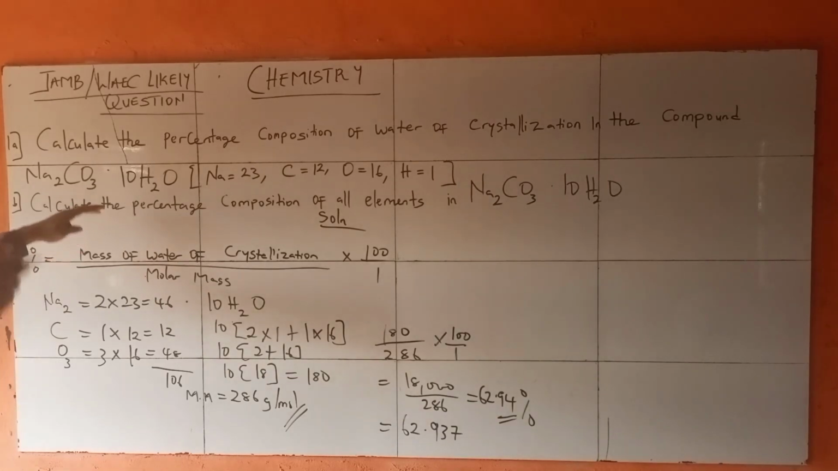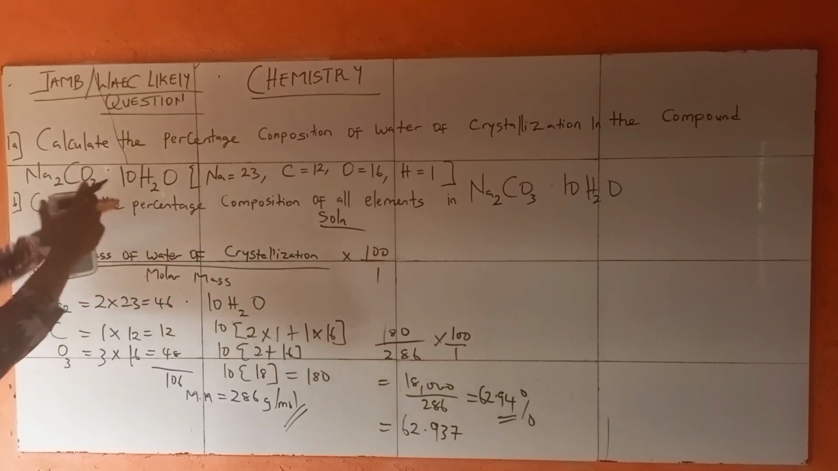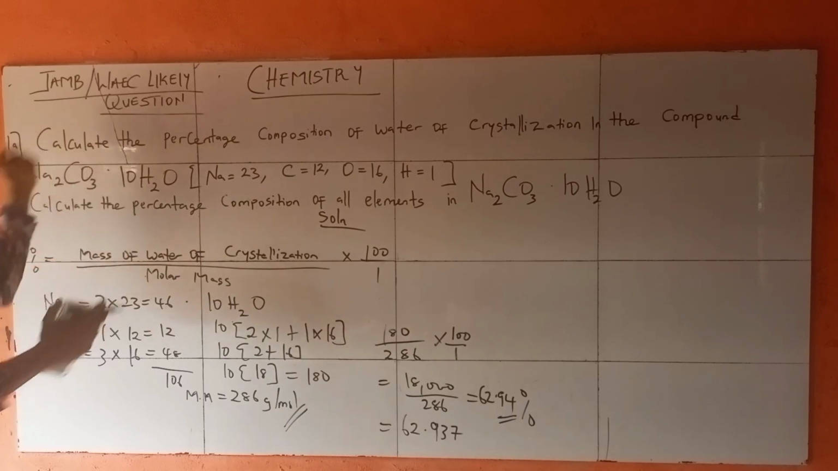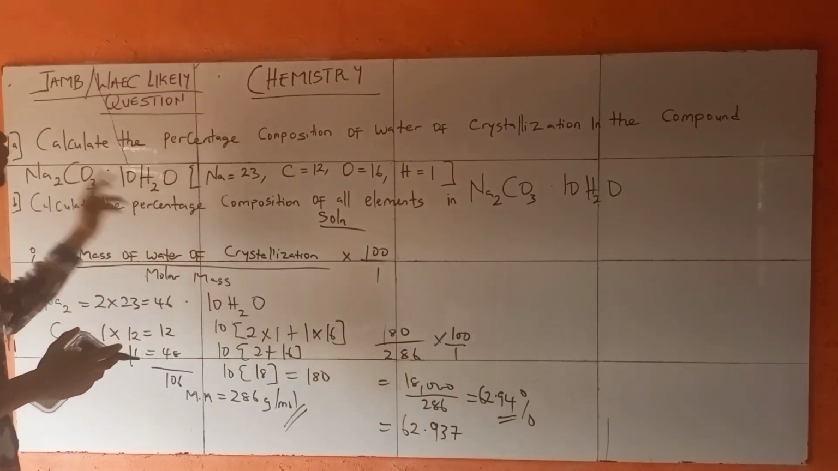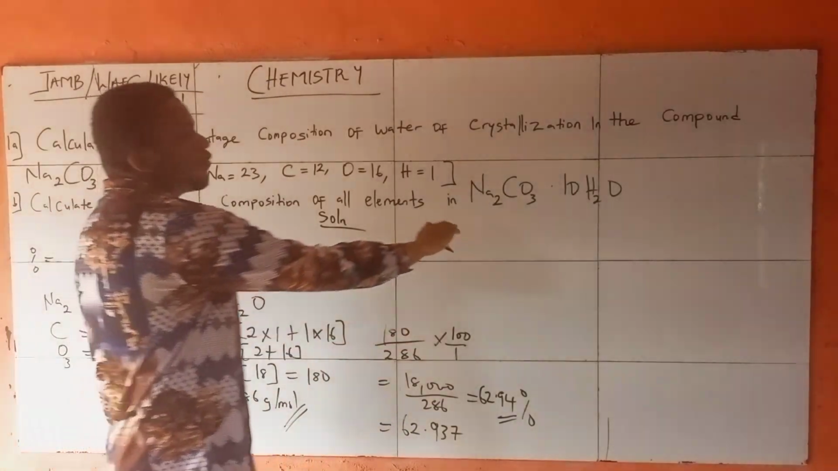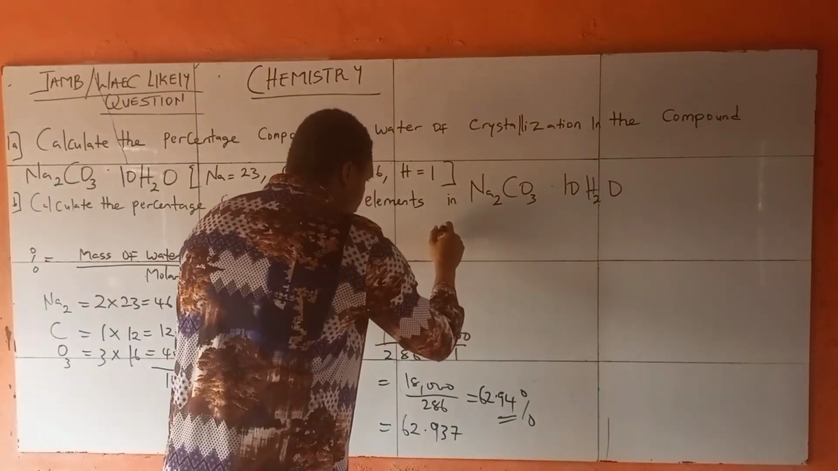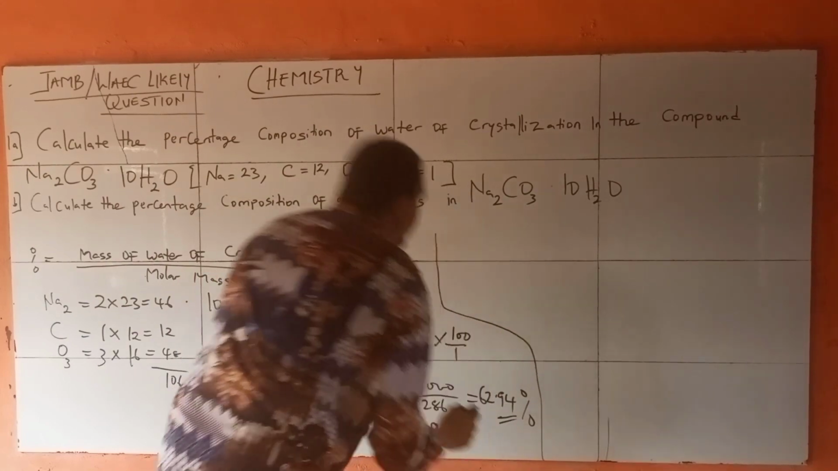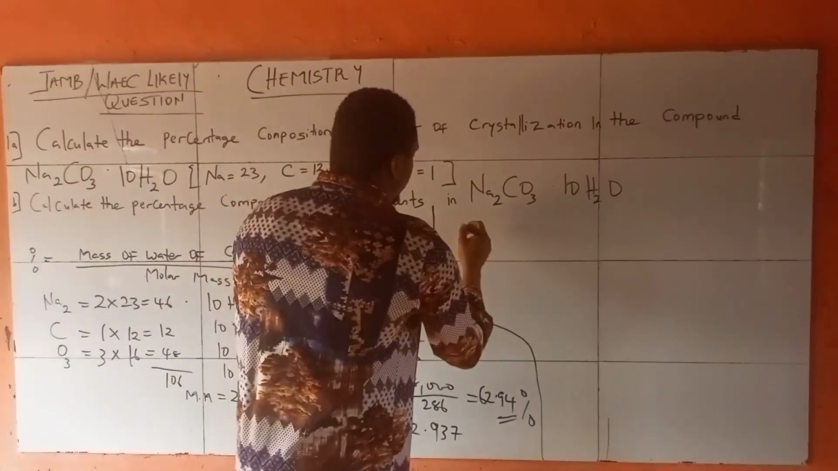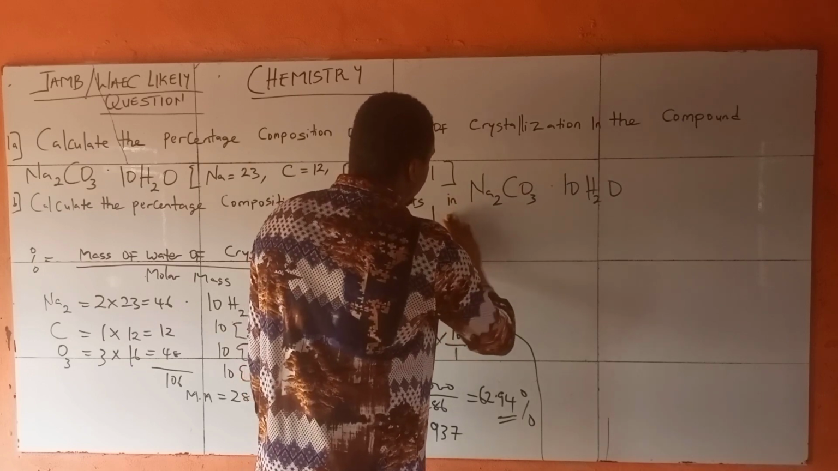Now let's go to the B part. I added this B. I would have explained this in a separate video, but because of the closeness of the exam, that's why I added this to the A part, so that you just get your concept once. Calculate the percentage composition of all the elements in sodium carbonate. And we're going to solve for the percentage composition of all. Permit me to share the board, please. To get the percentage composition of all the elements